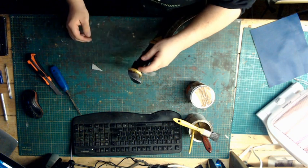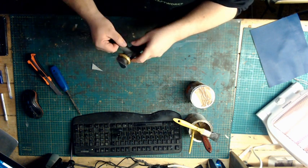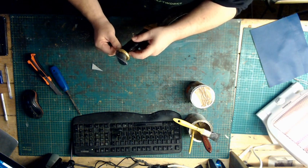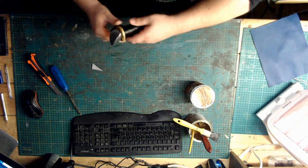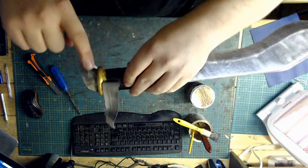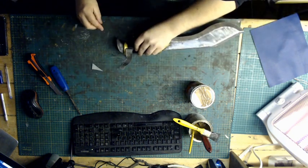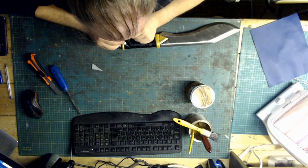Now once we get to the top, we're going to do the same thing as what we did down here, but in reverse. So I'm at the top there, so make sure it's nice and tight all the way around, and then before I even seal it down, as you can see there's just this little bit here to do. So I need to be able to cut from back here,